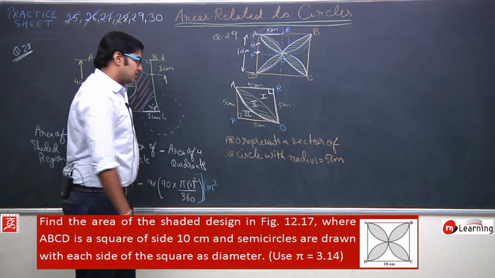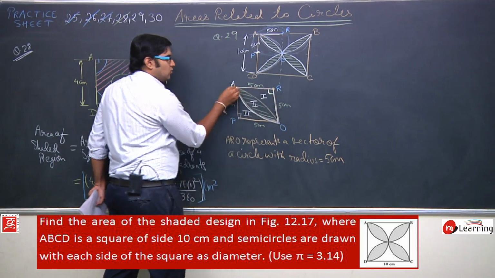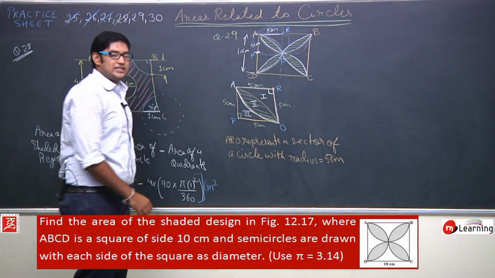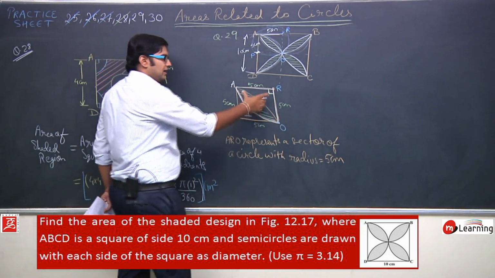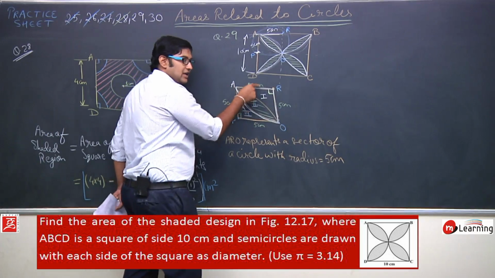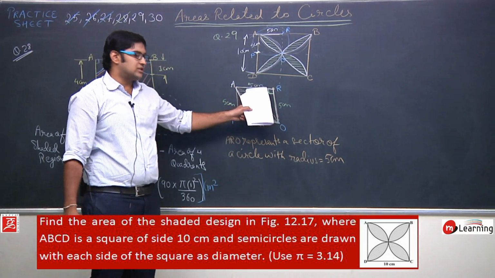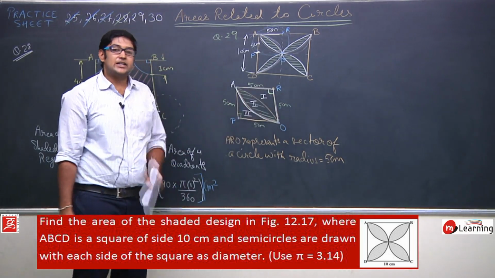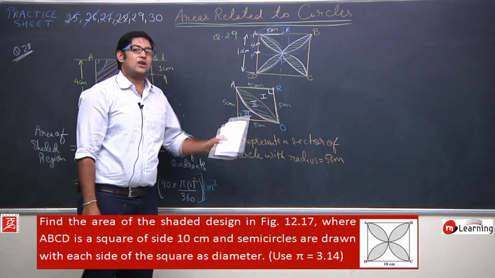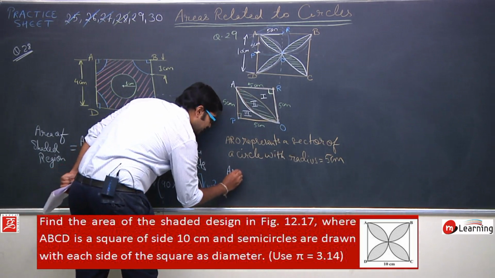Now what you can see is, if R is the center, RA and RO are the radii of this circle. RA and RO will act as the radii of this circle, and the angle between the radii of the circle is 90 degrees. So if I ask you what is the area of this sector ARO, I will say area